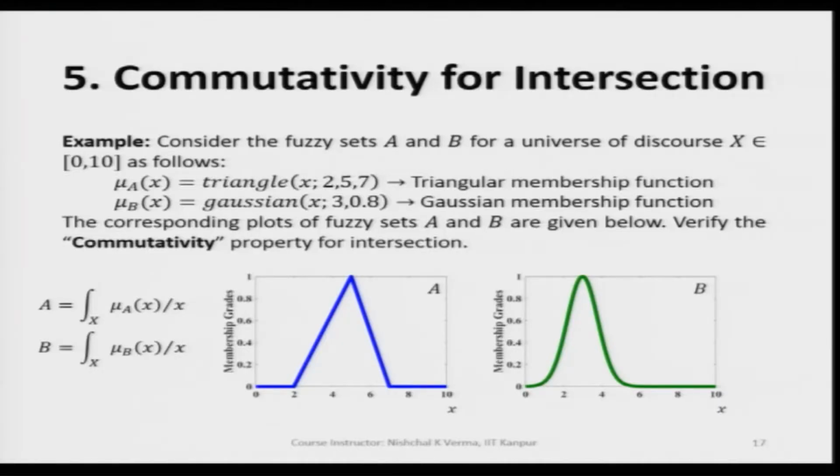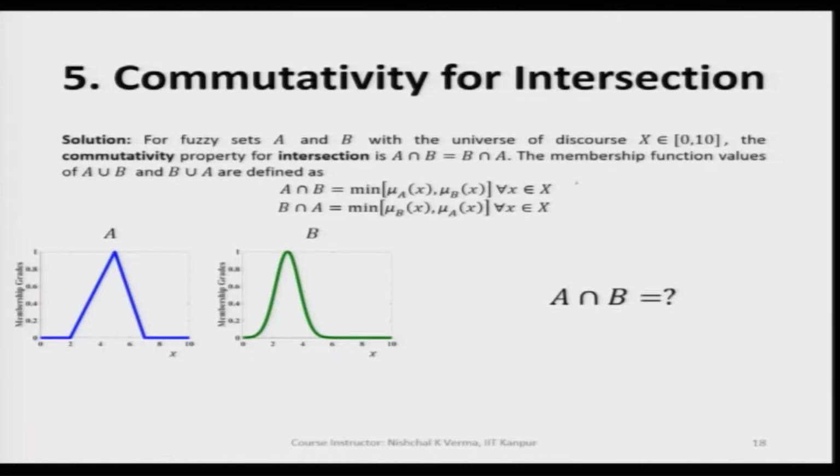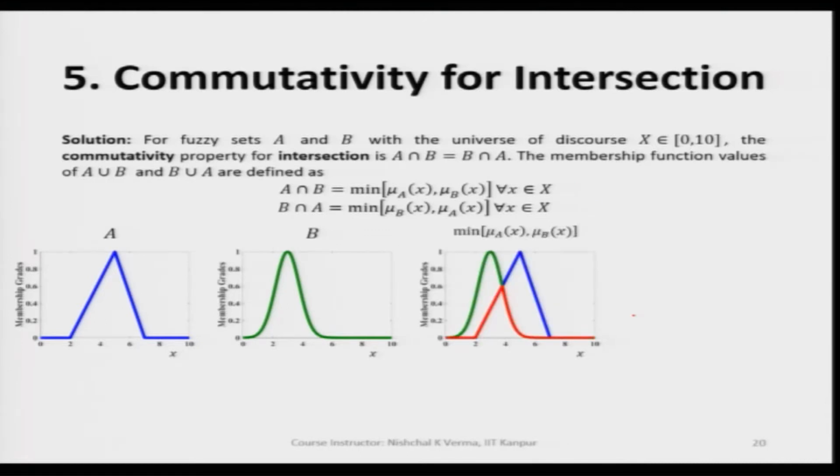We see that when we take A intersection B using this condition, we take the min of all membership values corresponding to the generic variable values for the A fuzzy set and the B fuzzy set. So, A intersection B we are going to get like this. This is A intersection B, which is represented by the red color fuzzy set. So, this is the outcome.